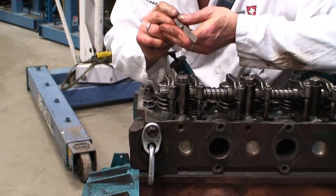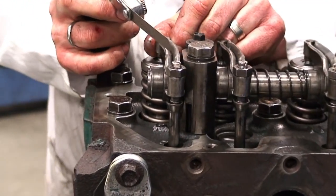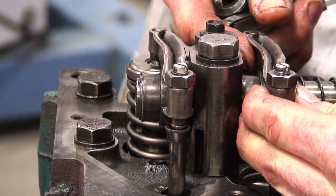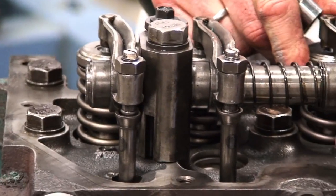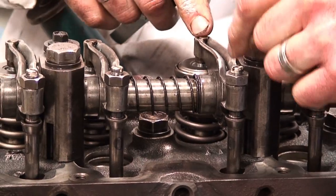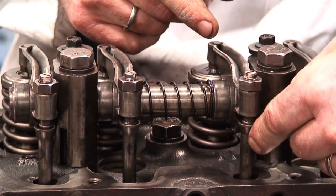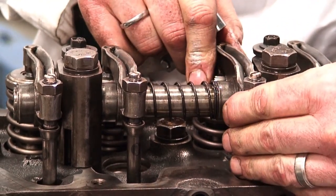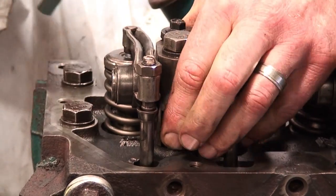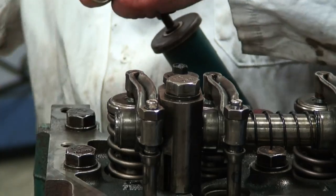Okay, so we can actually put our feeler gauge inside between the pedestal and the rocker arm. We have to have a certain amount of end float here. End float is controlled on other ones by the spring assembly, so it can position itself as it needs to maintain correct geometry. These will move slightly as the motion of the push rod pushes the rocker arm. So we have this spring in here to take up some of that play. There's nothing on the end, so the manufacturer prescribes a value that we have to have there for a running clearance. So all we're going to do is